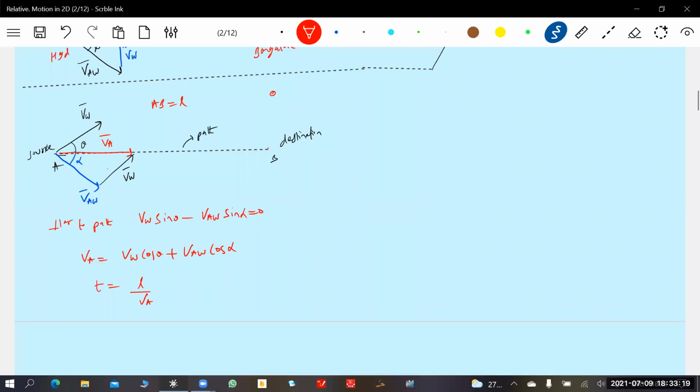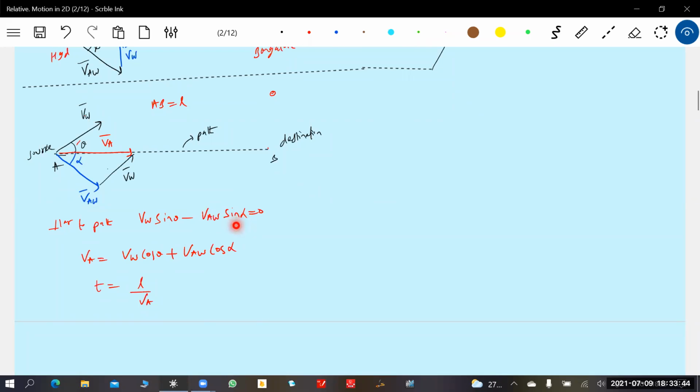I'll know theta, the direction in which the wind is blowing, and VW, the wind speed. I know VAW, which the speedometer of the aircraft will indicate. With this, I'll decide alpha. The alpha is the unknown here. It can be determined by this equation, and I'll replace it here to get the time.